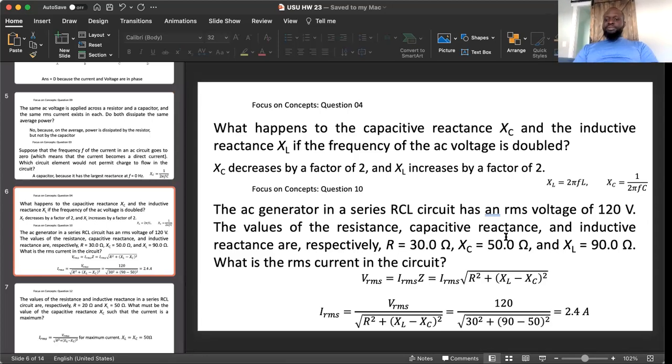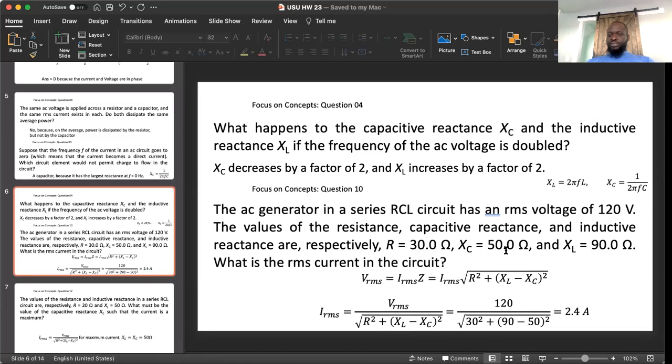So sometimes you might be given C and L, so you have to compute 2 pi FL and 1 over 2 pi FC yourself. But now I'm giving XC and XL. So when I have a resistor, a capacitor, and an inductor in a circuit, the total resistance offered is called the impedance. That impedance Z, VRMS is IRMS times Z, is computed if they're in series as the square root of R squared plus XL minus XC all squared. So my IRMS becomes VRMS over Z, which is VRMS over